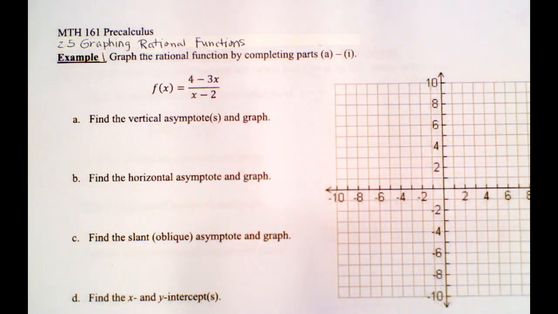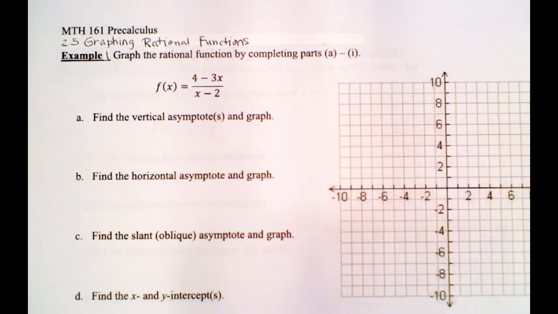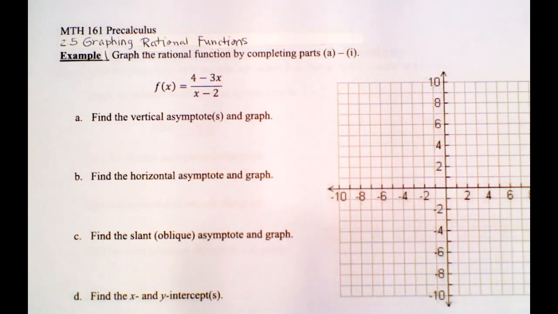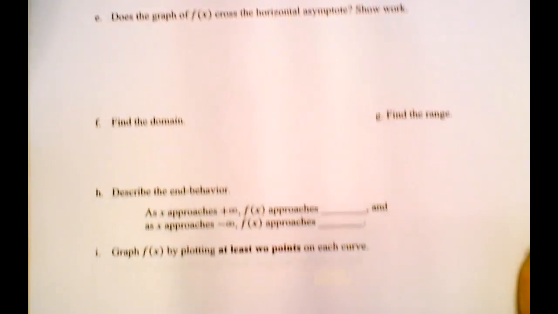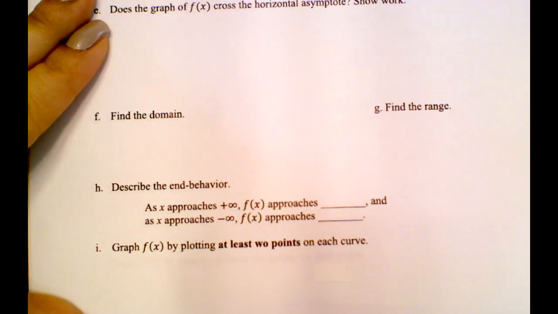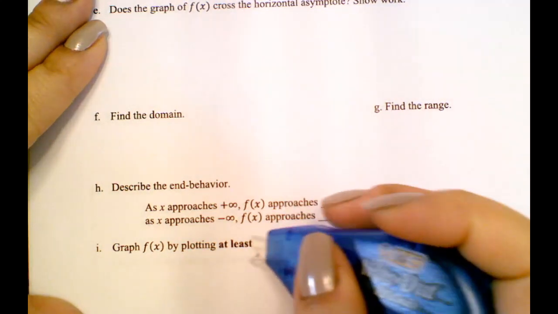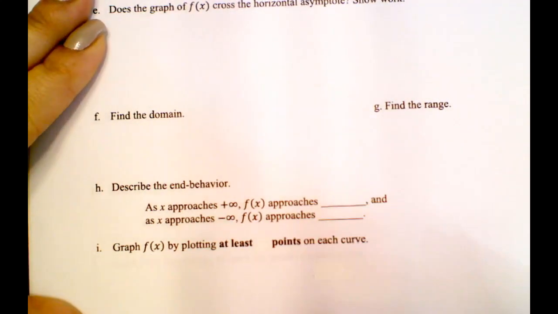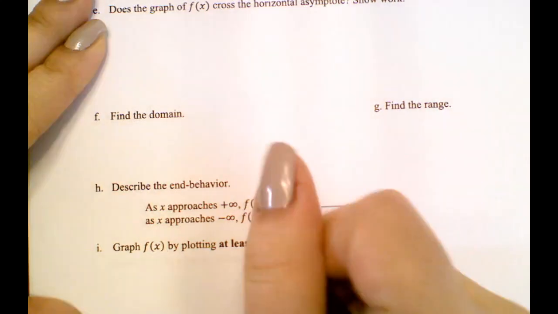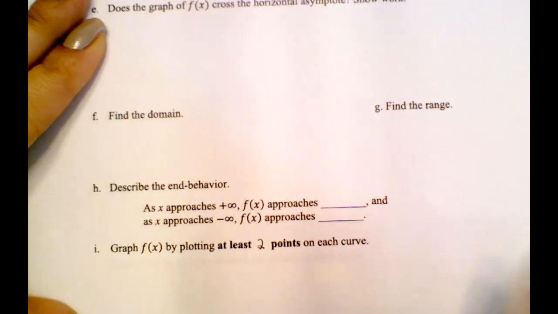I'm going to post the blank ones on Canvas so that you can print it out and work on it, but feel free to just write this down on a separate sheet of paper if you want to. But after watching this video where I go over all these parts, A through I. Oh, I found the typo here. At least 2 points on each curve. After watching this video